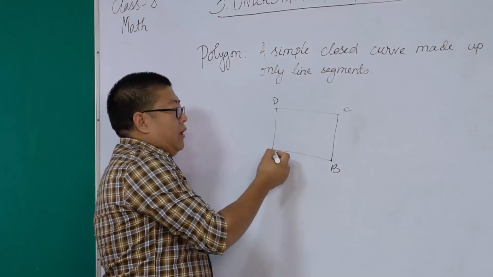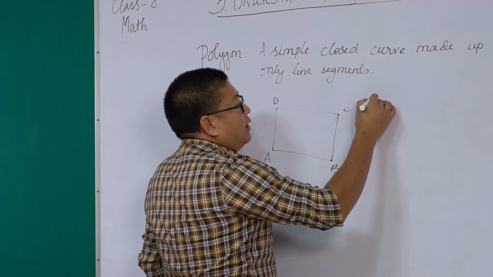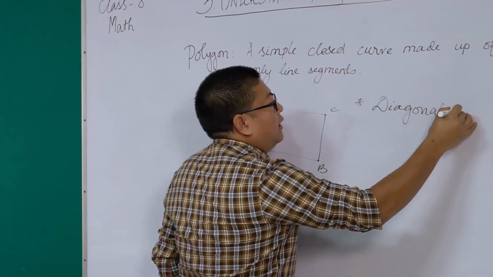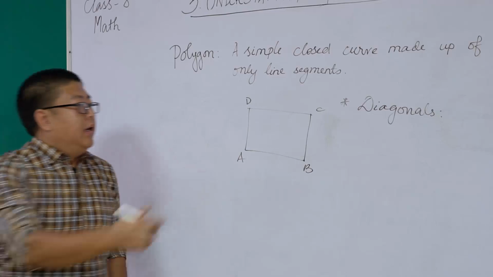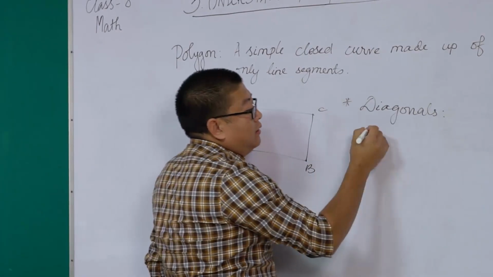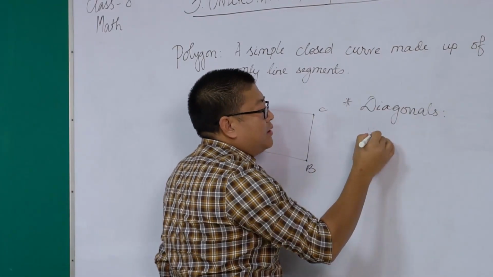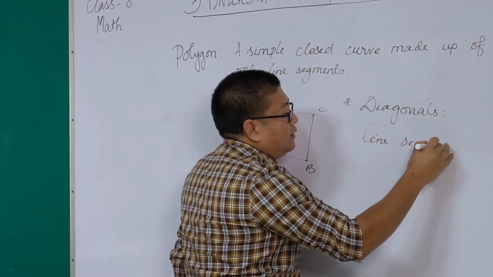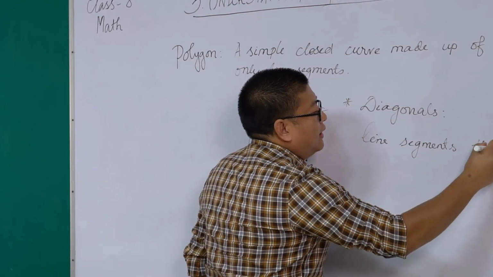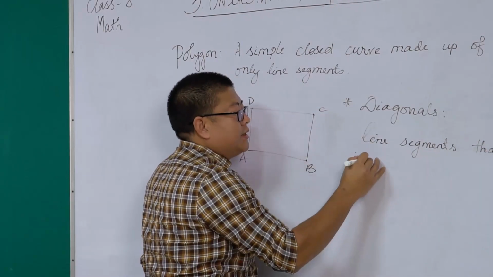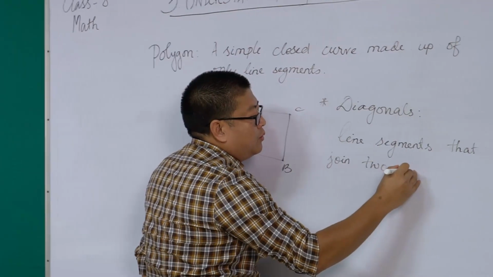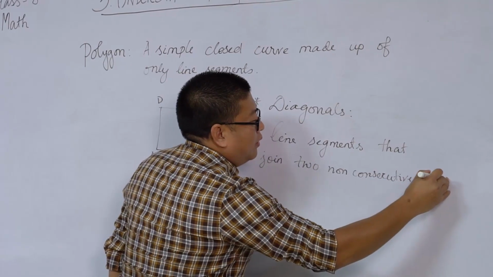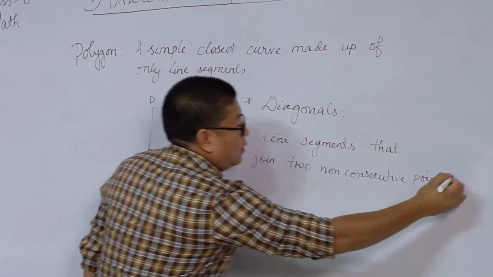Now, the next topic that we're going to learn about is diagonals. Diagonals of a polygon. These diagonals are simple line segments that join two non-consecutive points or